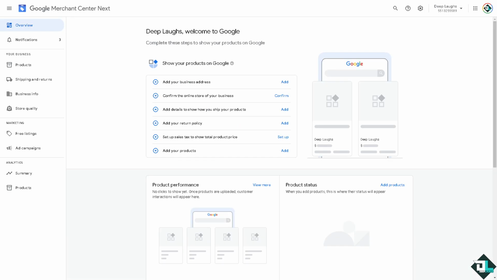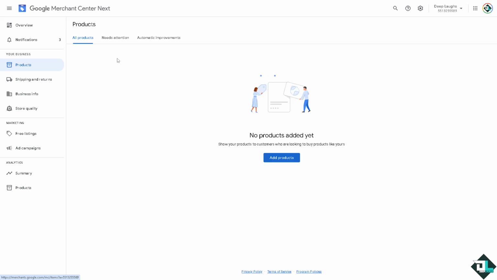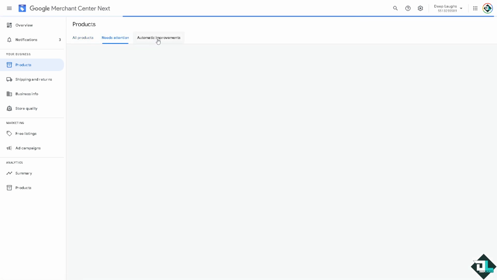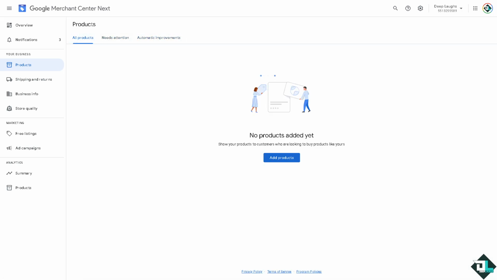To add products to your Google Merchant Center account, you just have to follow these simple steps. Number one is once you are logged into your account, I want you to hover to the left side panel of your dashboard where you can see the Your Business section and click the Products tab. From here, you would notice we have three sections: All Products, Needs Attention, Automatic Improvements, and a lot more. But obviously we don't have any product yet, so this is the perfect opportunity to add a product by clicking this button right here,